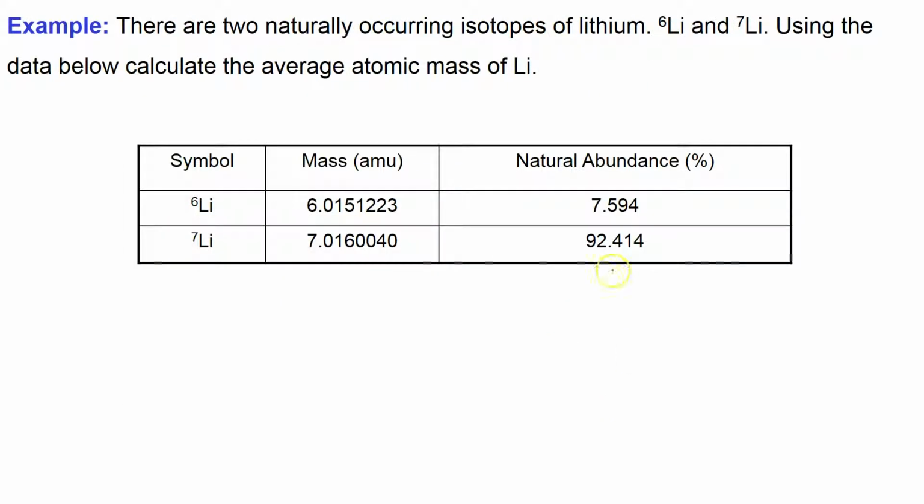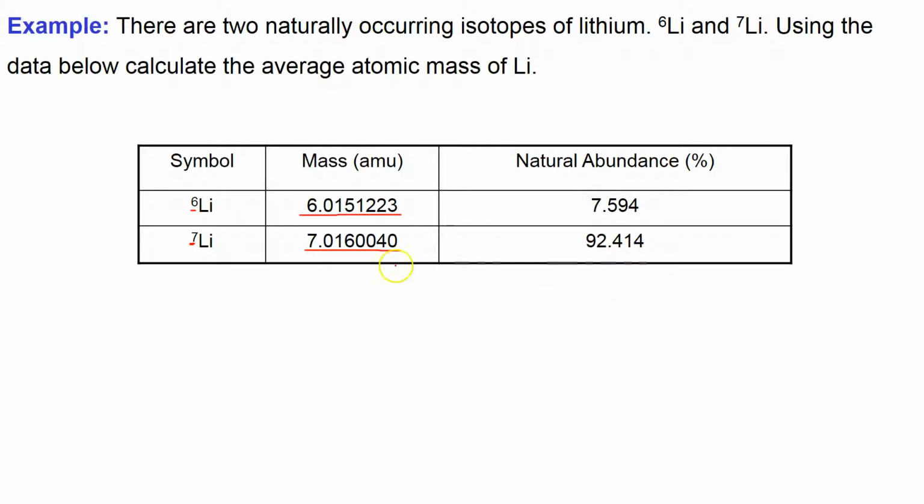So here's another example. Here is a table describing the isotopes and their natural abundances for lithium. And we see that lithium has two isotopes, a lighter one with 6 particles in its nucleus that unsurprisingly has a mass of about 6 AMU, and that's about 7.6% of all lithium atoms. There is a heavier isotope of lithium with a mass of approximately 7 AMU, and that comprises 92.4% of all